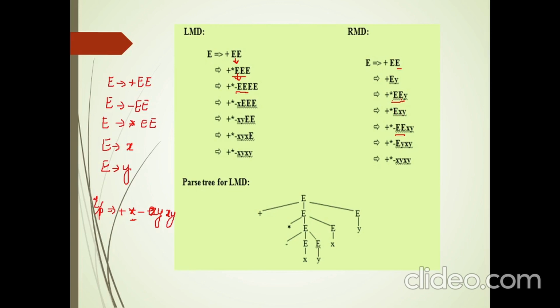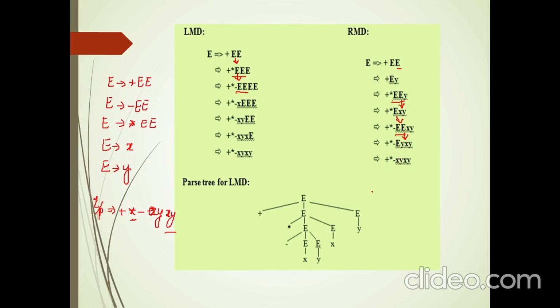After that, again back to this step. I missed this step. So this E will give you the last but one character, that is x. After that, from this E we can obtain one more operator, that is minus. So that means replacing E by minus E. So I got minus E. Now this E will give you one more operand, that is y. Next E will give you one more operand, x. So that is about the RMD.